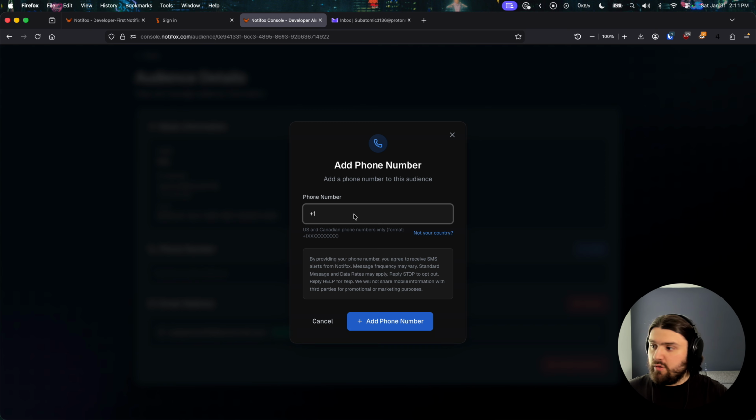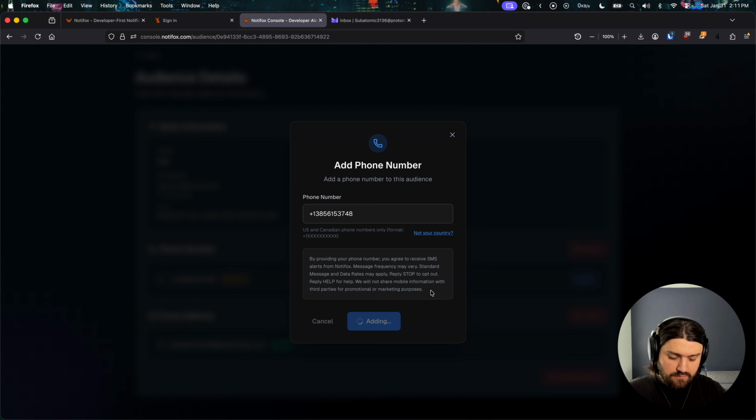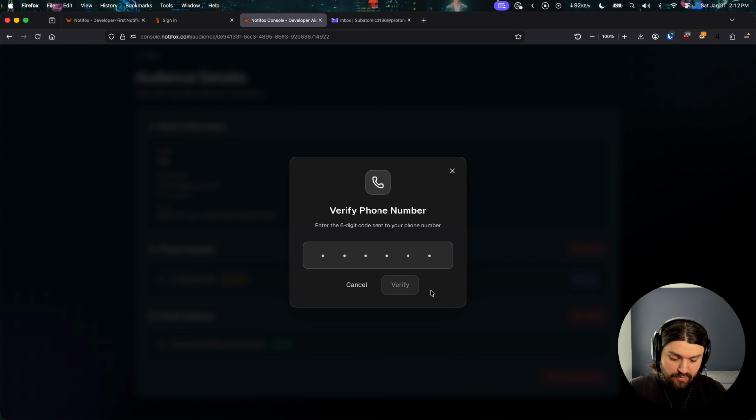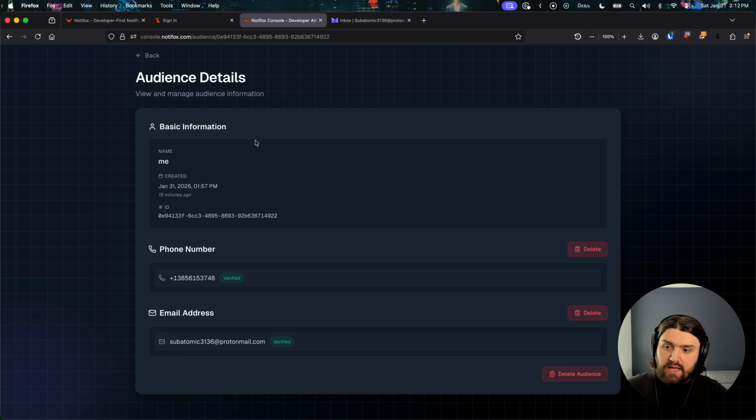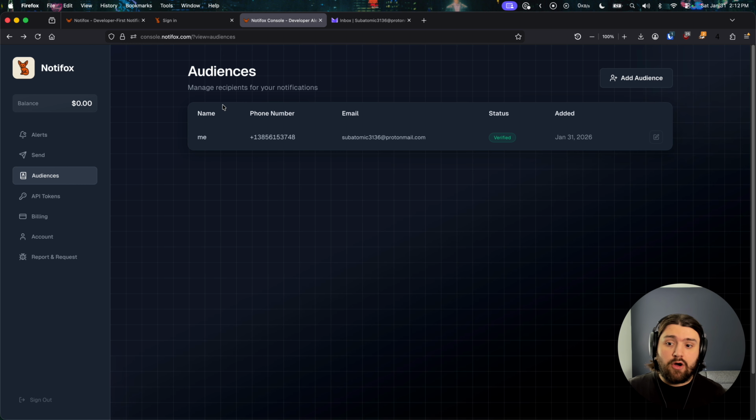That will open up a modal, and you just want to enter in your phone number. So I'm going to do that here, and then click on add phone number. And that will pop up a text message on my phone with a verification code, and you can just enter that in. It should be a 6-digit verification code, and click on verify. And now the phone number here is verified as well,